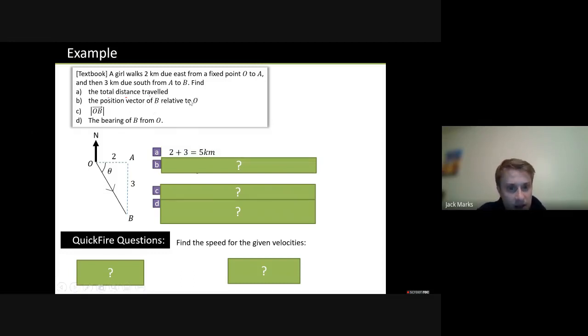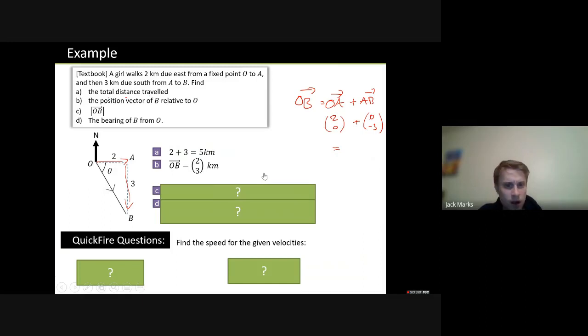The position vector of B relative to O. So, what is OB? Well, we could break this up. We don't really need to, but let's break it up anyway. So it was going from O to A and A to B. O to A was 2, 0, 2 to the right, nothing about up or down. AB was 0, minus 3. So in other words, it should be